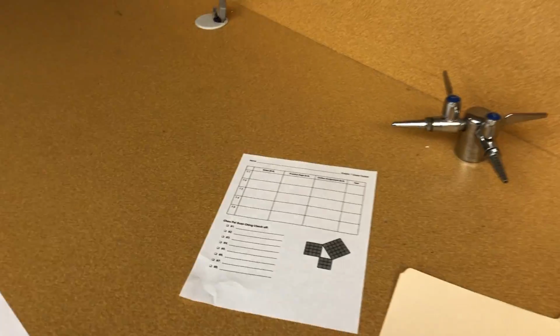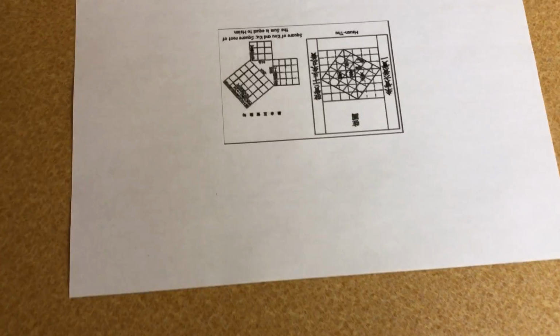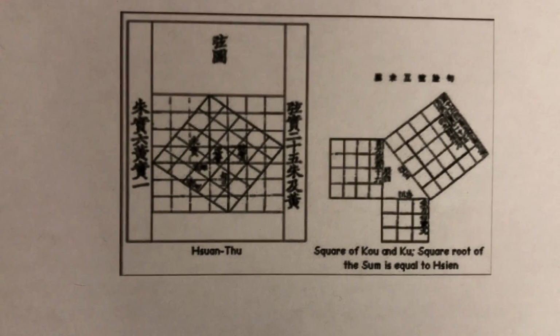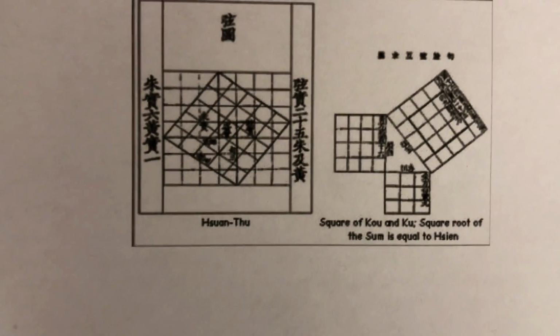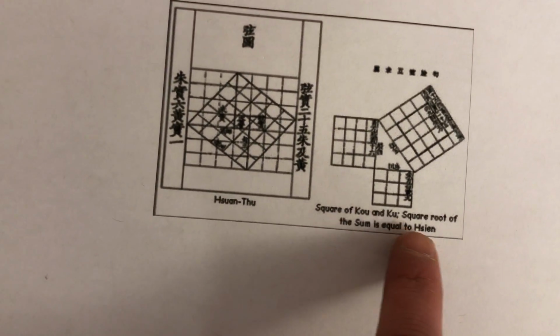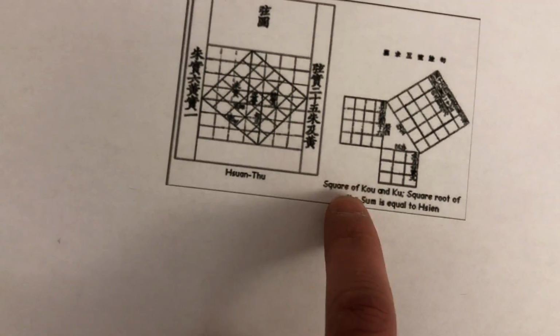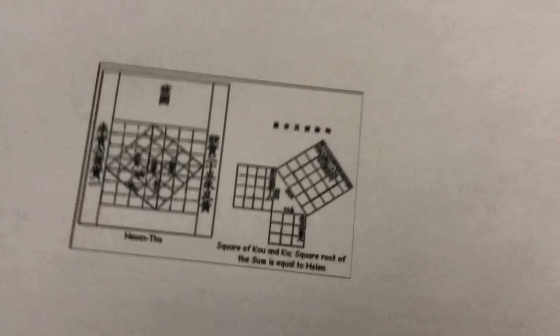Now, I know what you're thinking, Mr. Bywater, this is weird. And to you I say, yes, it is a little bit weird. Chou Pei Suan Ching is about interpreting this ancient Chinese math theorem, specifically this phrase. I'm going to need you to translate eventually. Maybe some of you will be able to translate this at the end of the class period.